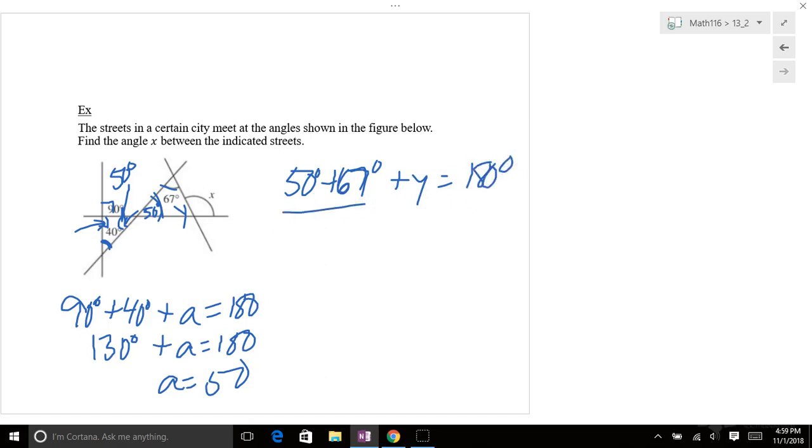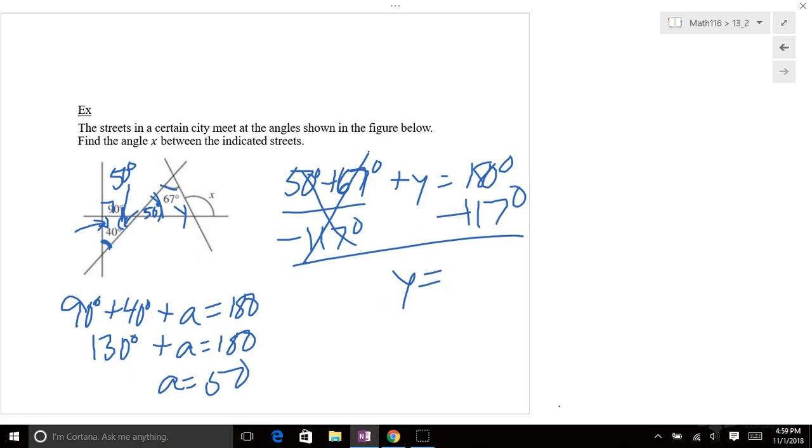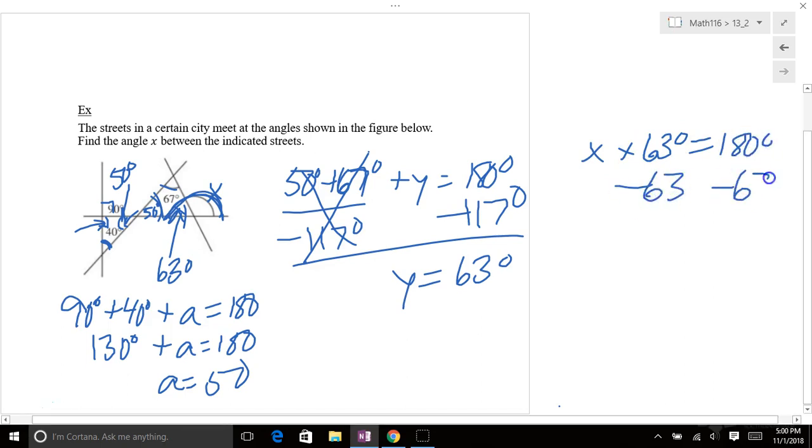So that's 117, so subtract 117 degrees from both sides. Your angle Y ends up being 63 degrees. Then these two add up to 180, and you want X, remember. So X plus the 63 degrees adds up to 180, so subtract 63 from both sides. Angle X ends up being